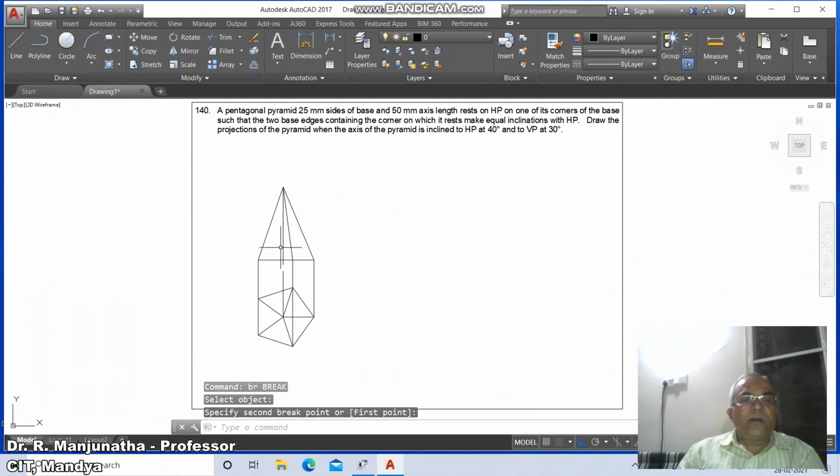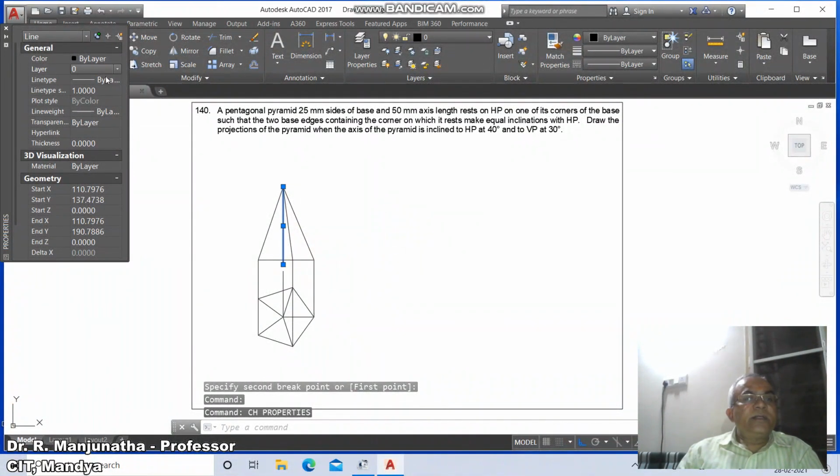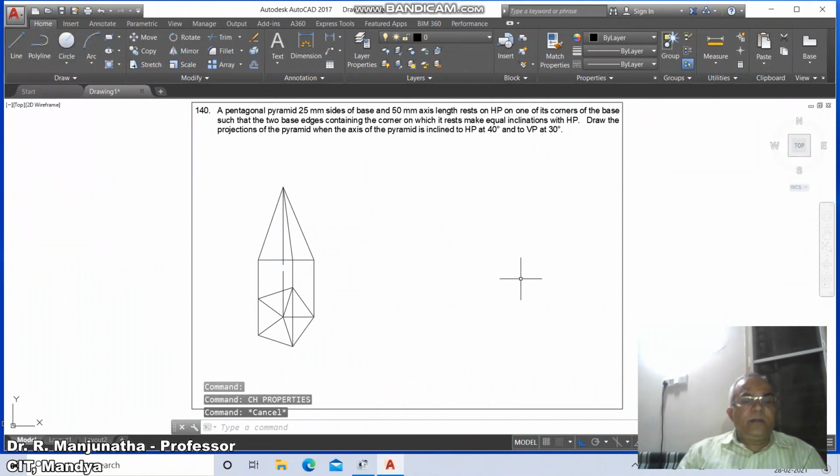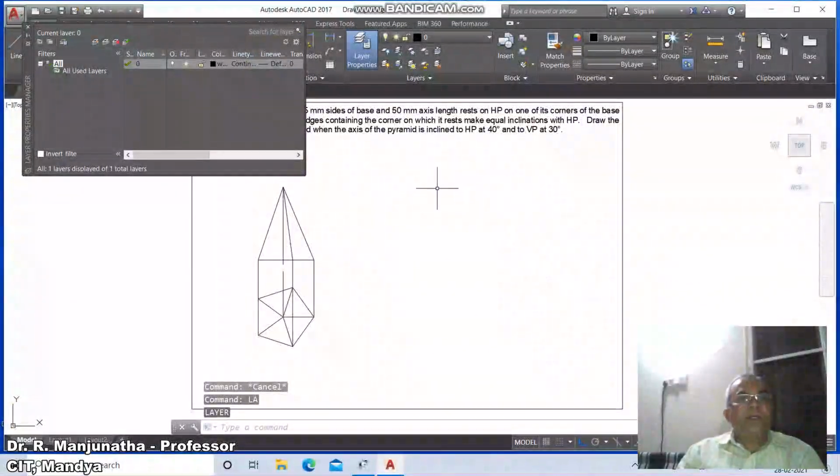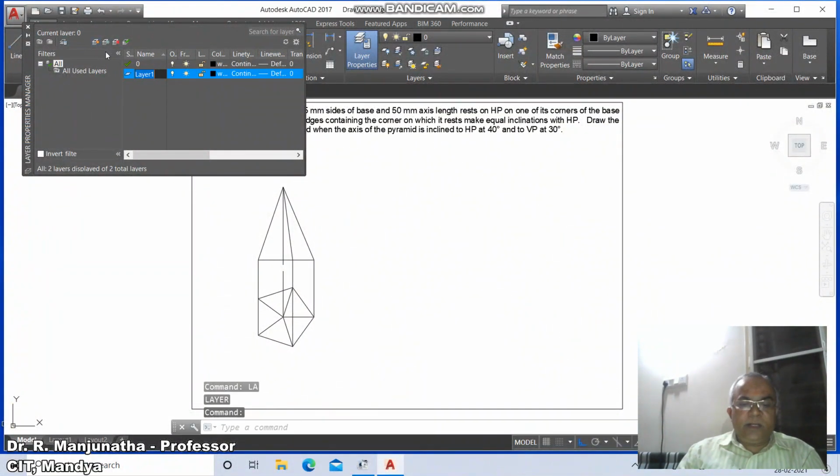Now we go for the layer command. So create the layers now. First go to layer, new, type locus, then go to layer, type XY, then go to layer.